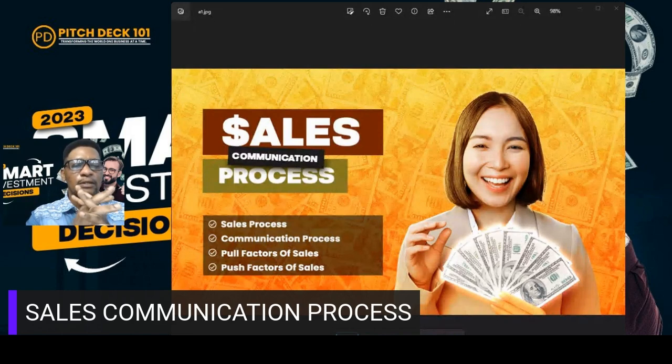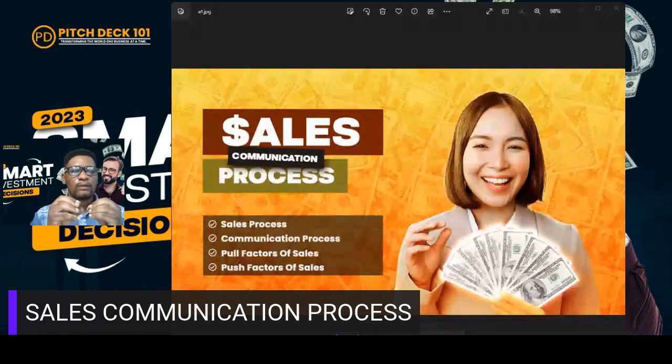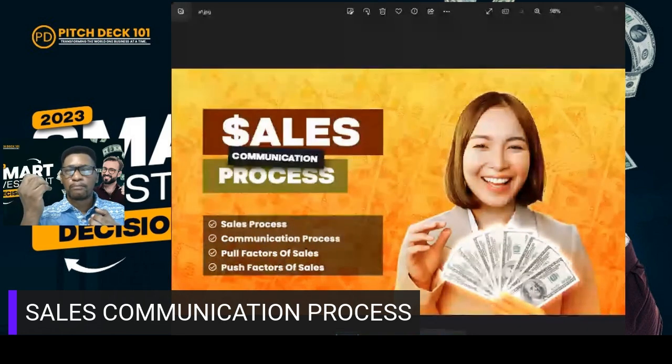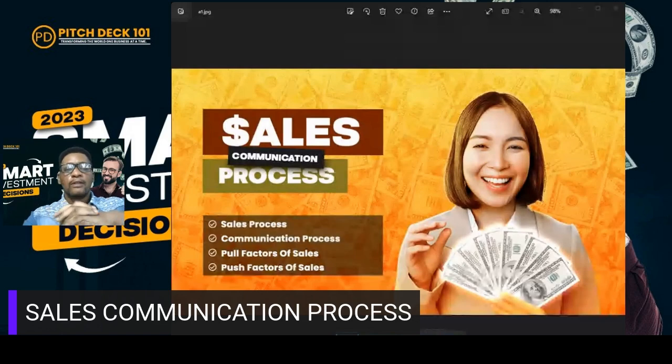The third concept that is there on the slide, we talk about the pull effects of sales communication, or the pull factors of sales communication. And yes, there are two factors. There's the pull factors of sales communication, and there are the push factors of sales communication. So you have one which is the pull factors, and the last is the push factors of sales communication. Now, you owe it to yourself and your sales department to ensure that they have a clear mental picture of everything that is being said here today.